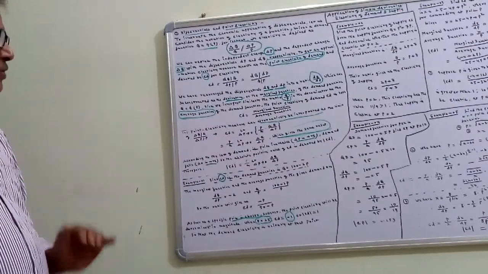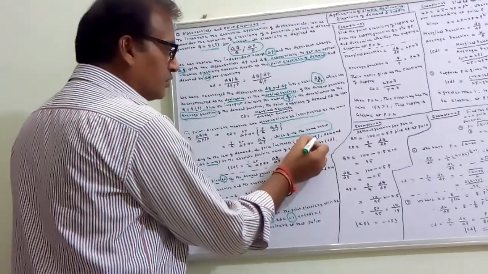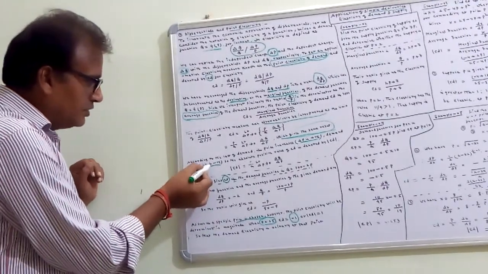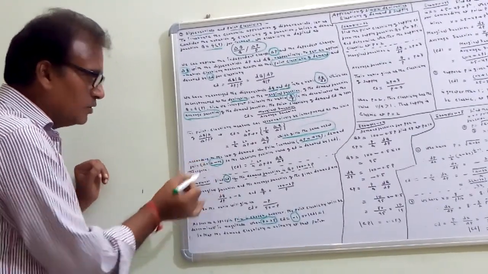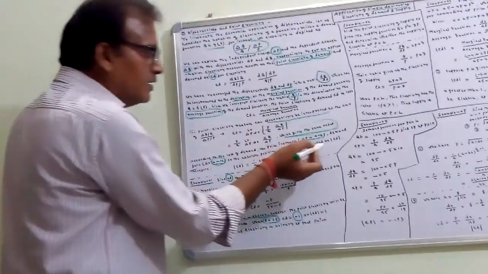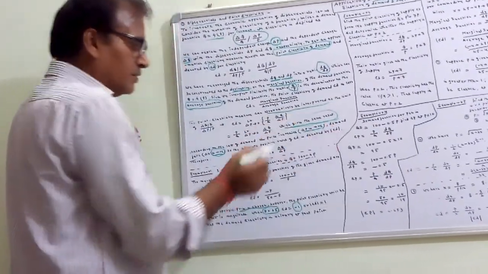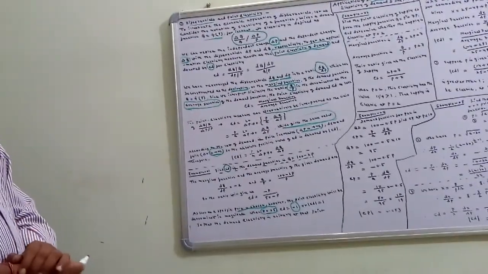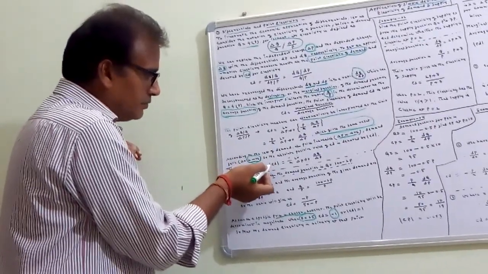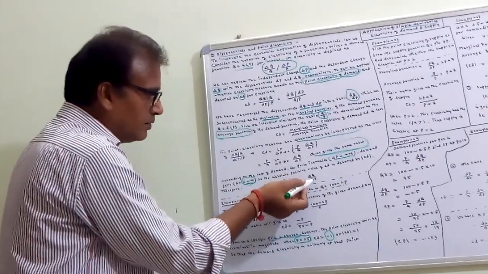Now we know that according to the law of demand, if price increases, that is delta P is positive, demand falls or decreases, delta Q is negative. So the absolute positive value of ED is denoted by ED in modulus form. Modulus means ignoring minus or plus sign. So we can write the above in modulus form ED equal to P by Q limit delta P tends to 0 delta Q by delta P.